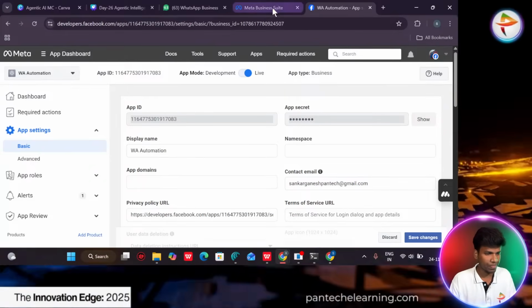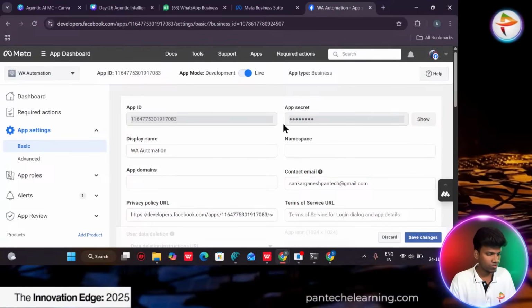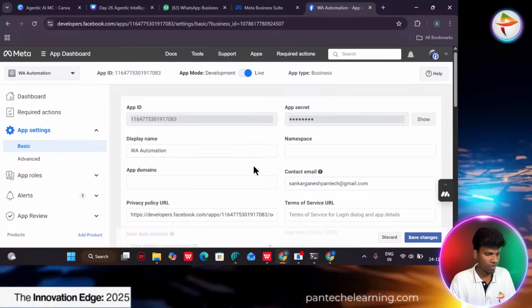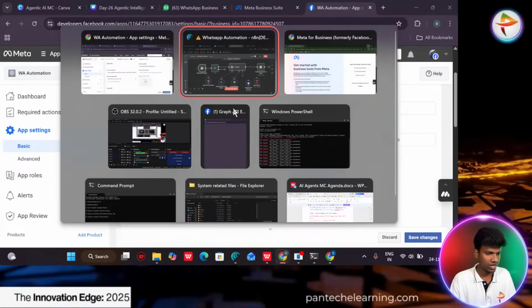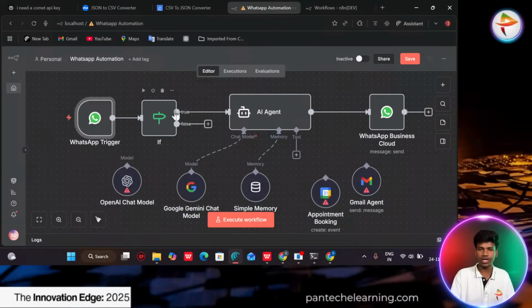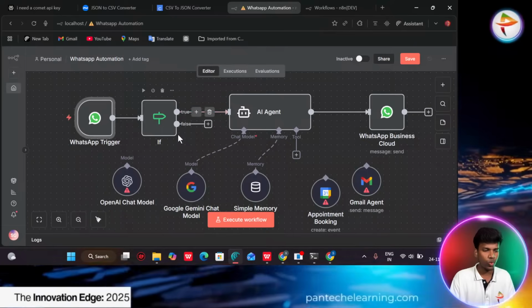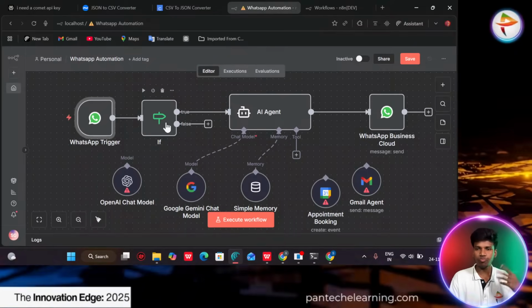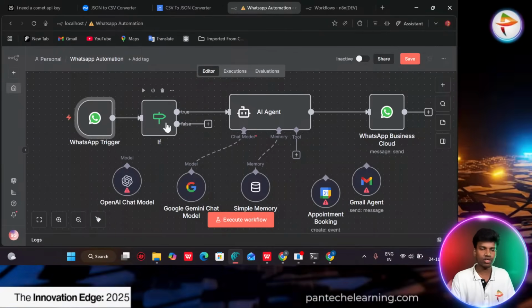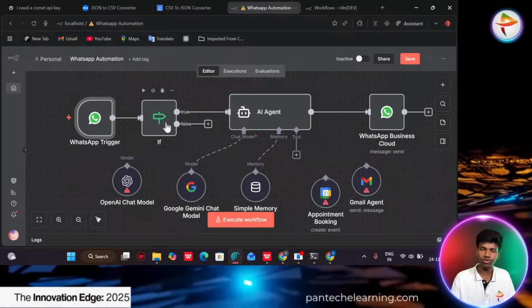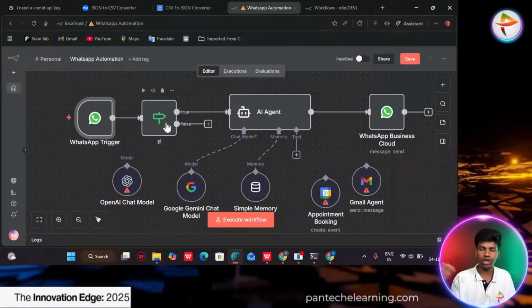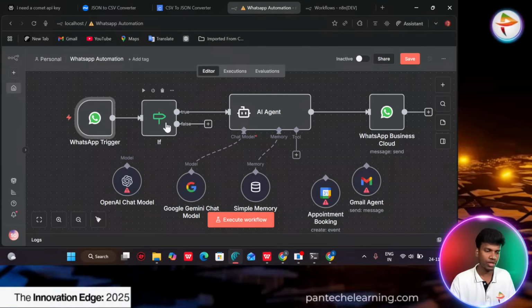Okay, then what is remaining? I think I have done everything, right? Yeah, now I forgot this condition. This is an if condition node. It is important because if I don't provide this node, the same message will be continuously sent to the user in a repeat mode, like a loop where they repeatedly enter.